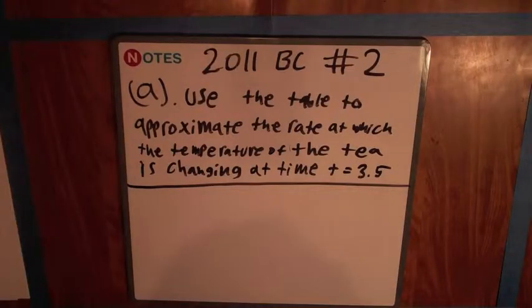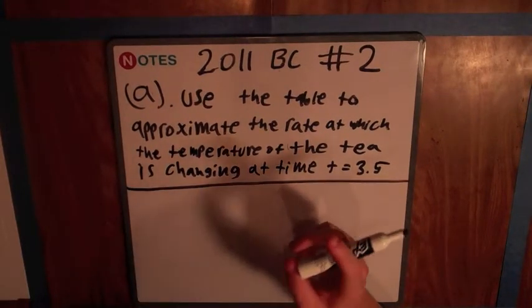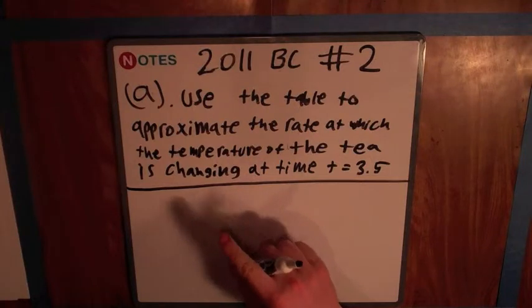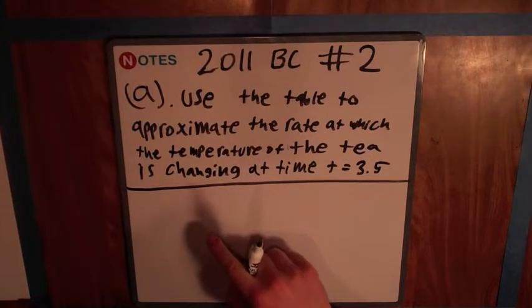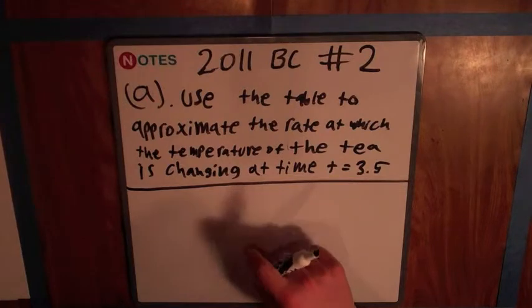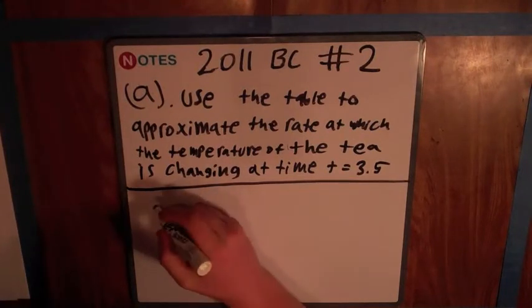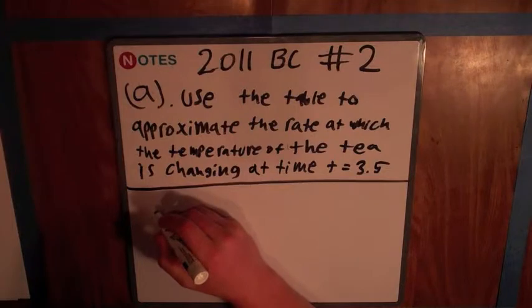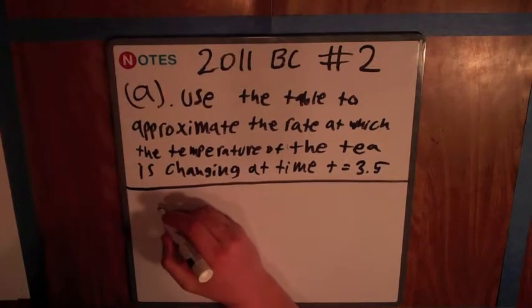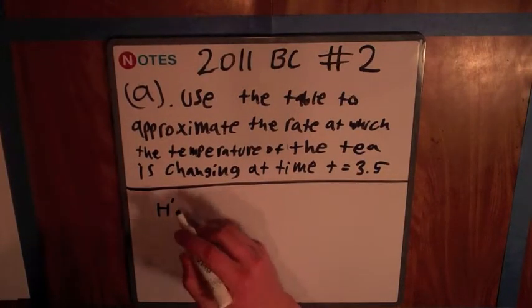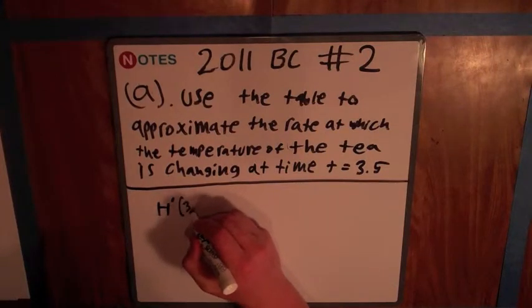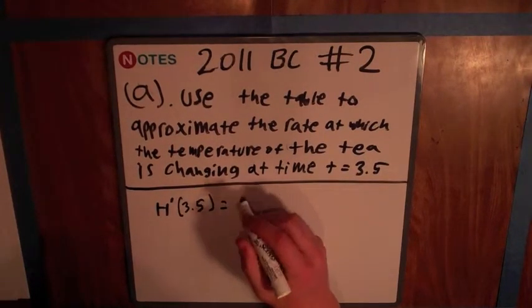Use the table to approximate the rate at which the temperature of the tea is changing at time t equals 3.5. So for this part, we are going to use the change of temperature between time 2 and 5, and we're going to take that as the approximation at t equals 3.5. So h prime at 3.5 equals